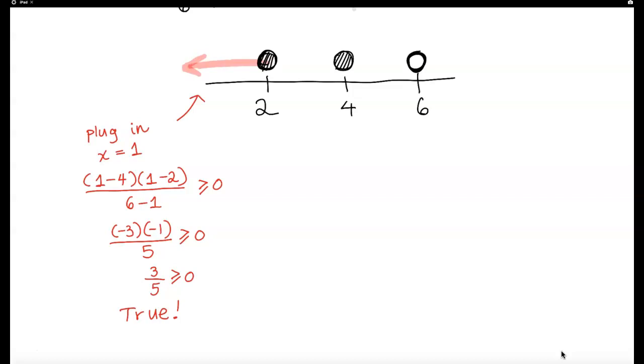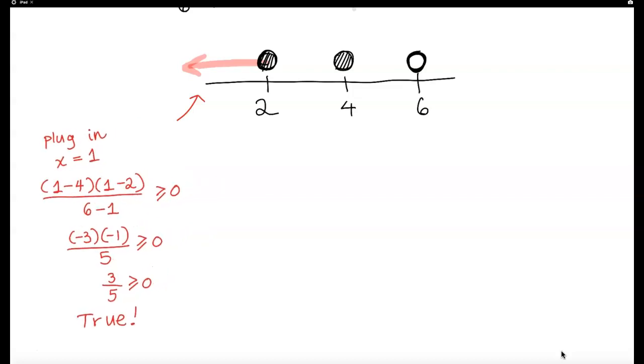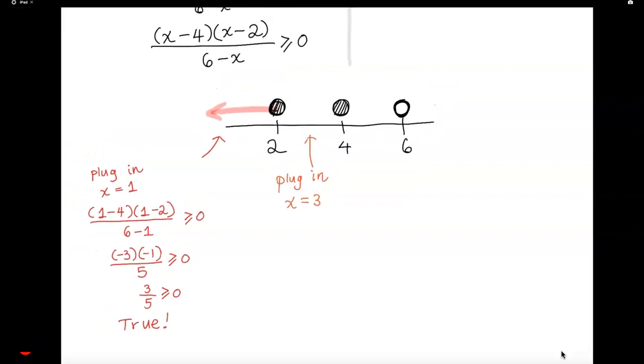So next, I need to pick a number that is in between 2 and 4. What number is in between 2 and 4? I can think of 3. I'm going to go ahead and plug in 3 into the second one. Plug in x equals 3. Okay, let me zoom out so that I can see the function. So if I plug in 3, 3, and 3 in there, I will get